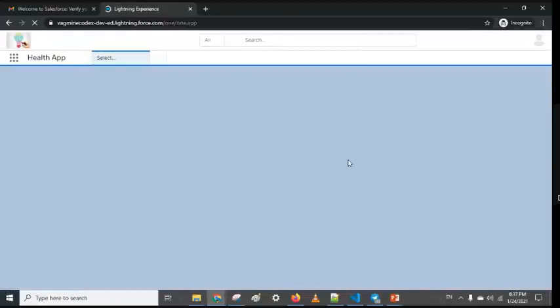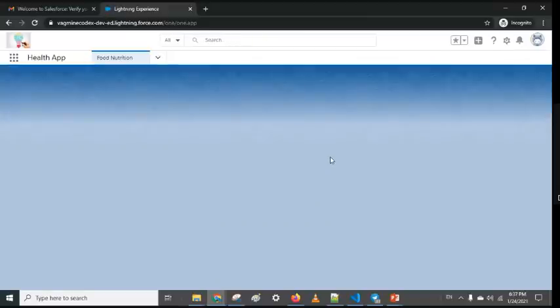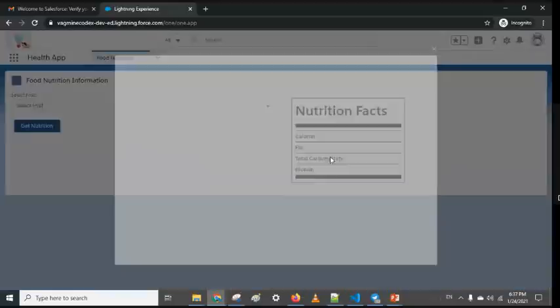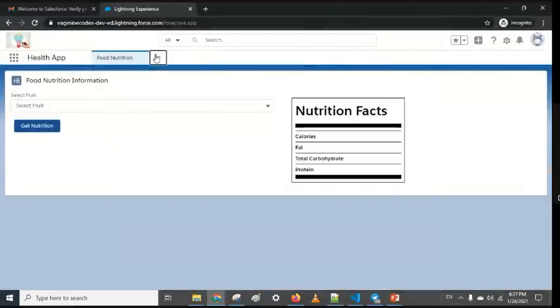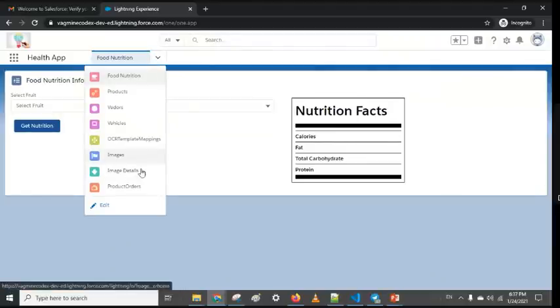After that, whatever application is opening is part of the profile. Now as the screen is opening, I am getting different kinds of tabs here. These tabs, everything is accessible using the profile. So let's see what things are available in the profile.